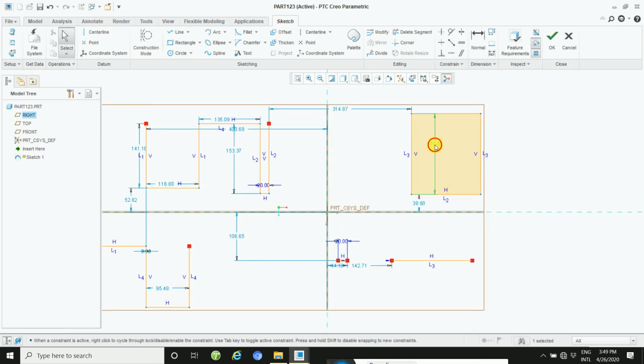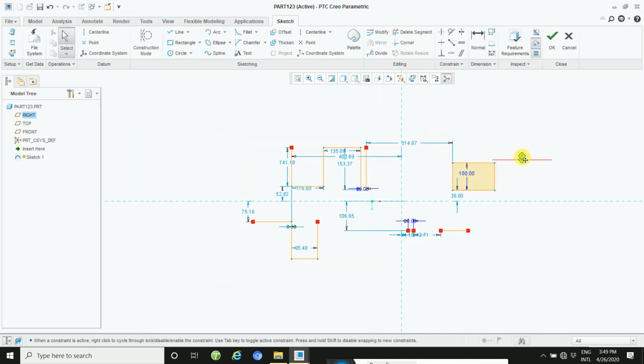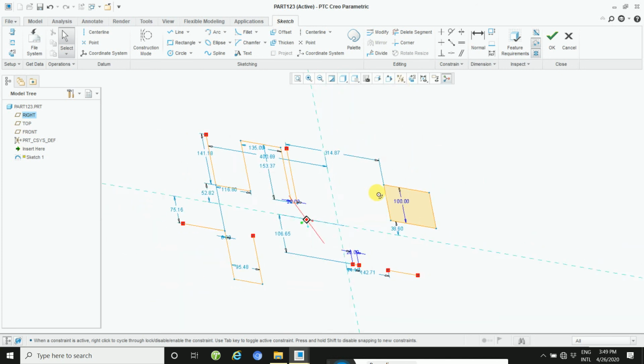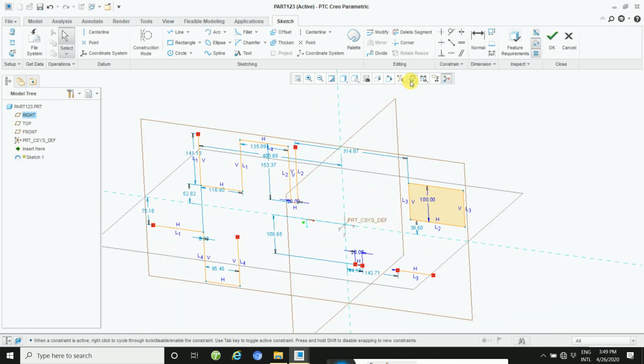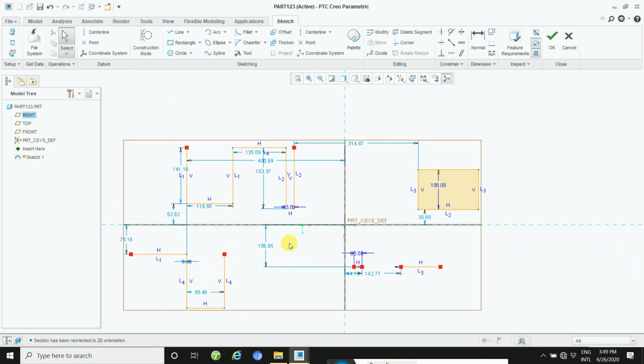Okay, this way 100. This is a parametric software. So how to normal this, click here. This way your sketch will be normal along the plane.